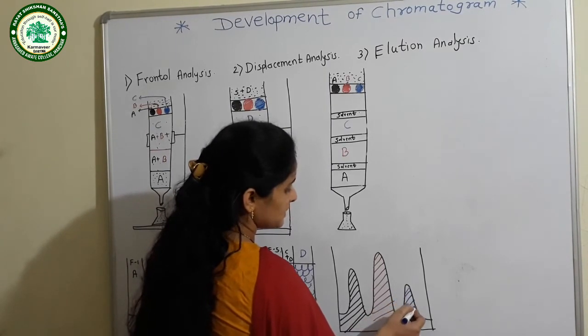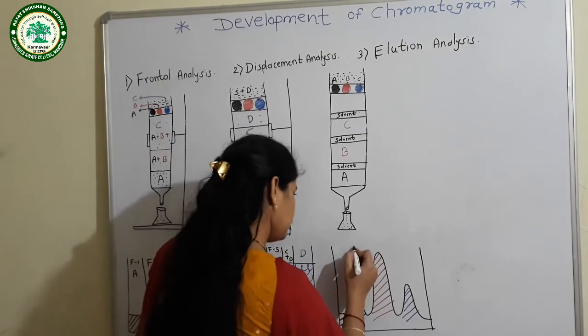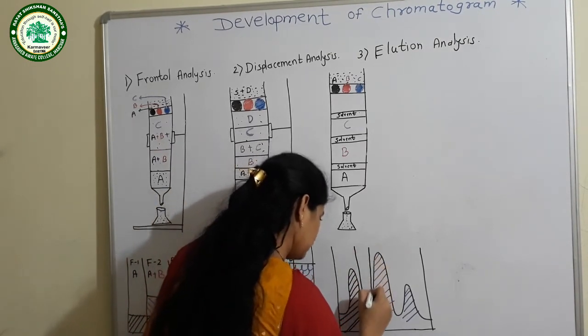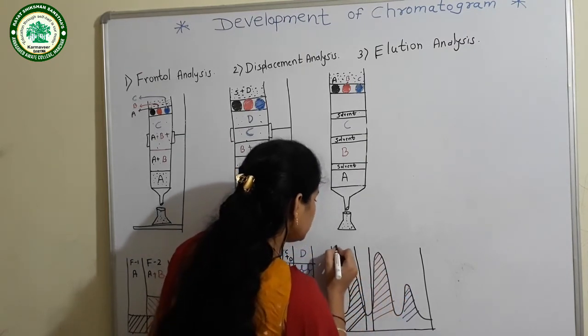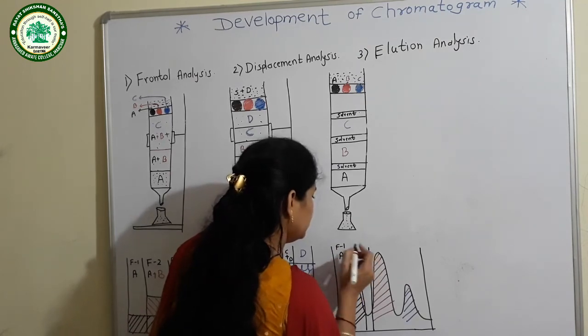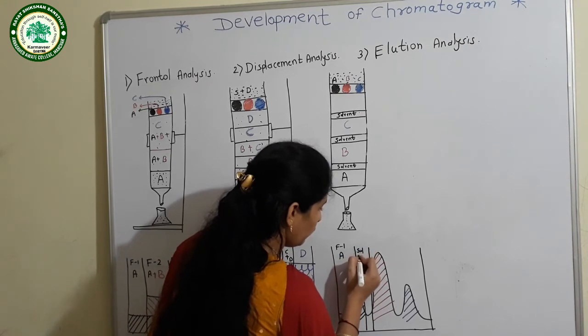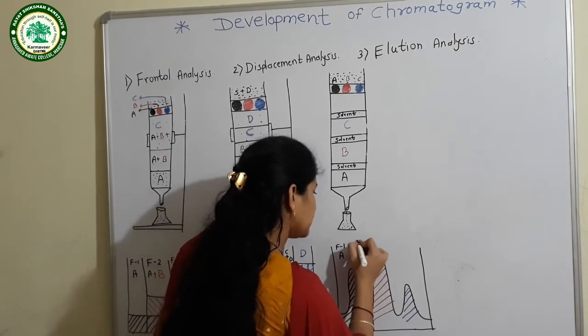Component C. Here, first fraction is what? Component A. This second fraction is of what? Solvent. Then third fraction